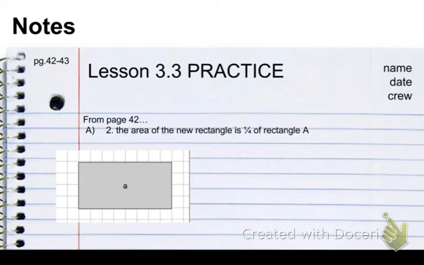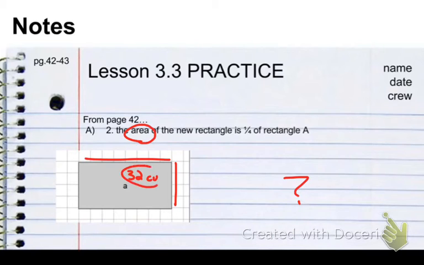Okay, for number 2, the area of the new rectangle is 1/4 of the area of rectangle A. So we have this mystery rectangle here that has a quarter of the area. Well, this is something to keep in mind. Am I dividing everything by 4? No, I'm not. The important, tricky part of this is area. So what is my area? Well, 4 by 8 gives me an area of 32